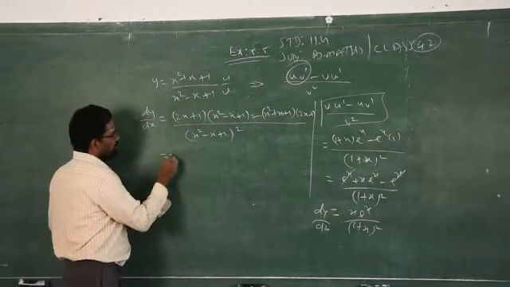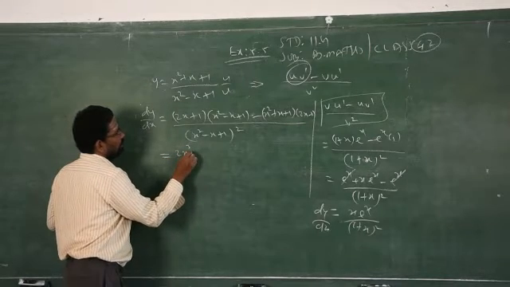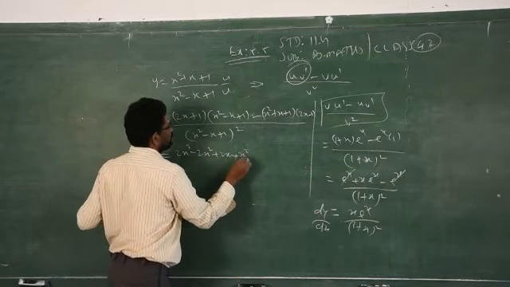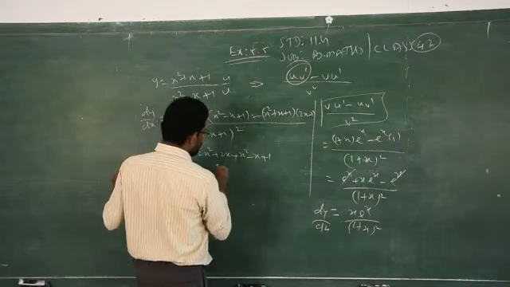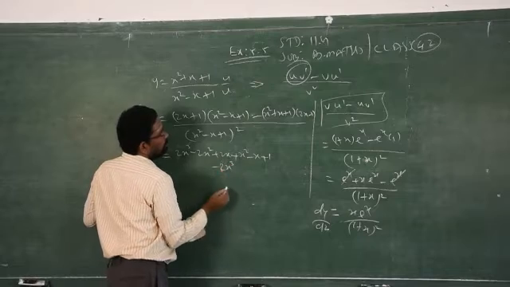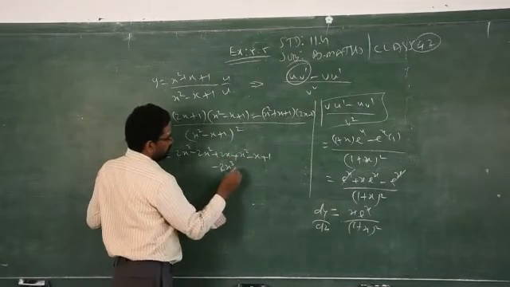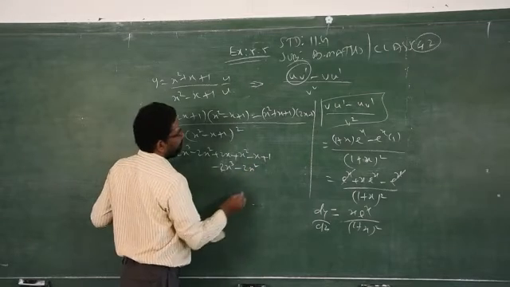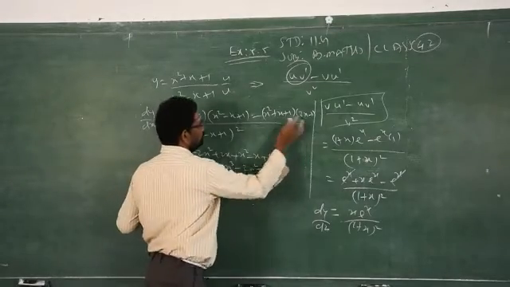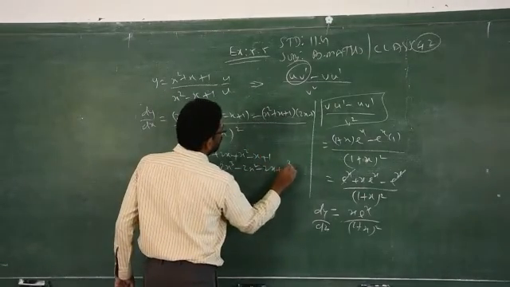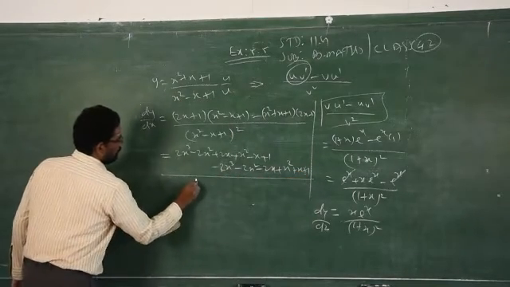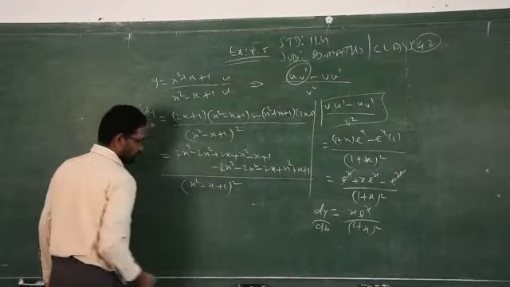Now you just have to do the normal simplifications. 2x power 3 minus 2x square plus 2x plus x square minus x plus 1 minus 2x cube. I am taking the minus also. Minus 2x square minus 2x. Then what about minus 1? Minus into minus is plus. So you will get everything in terms of plus, over x square minus x plus 1 the whole square.